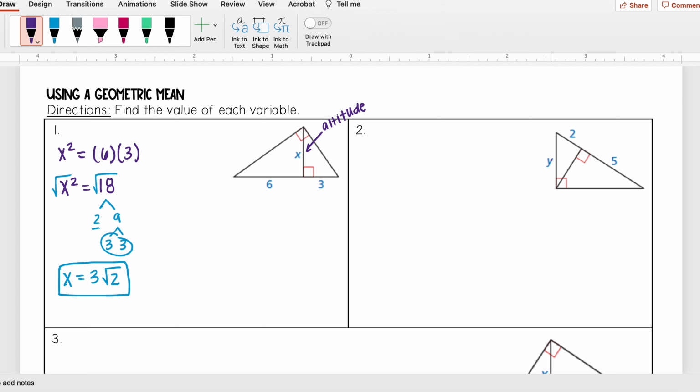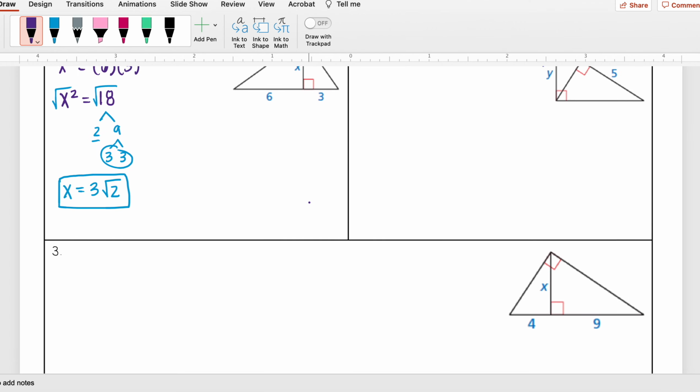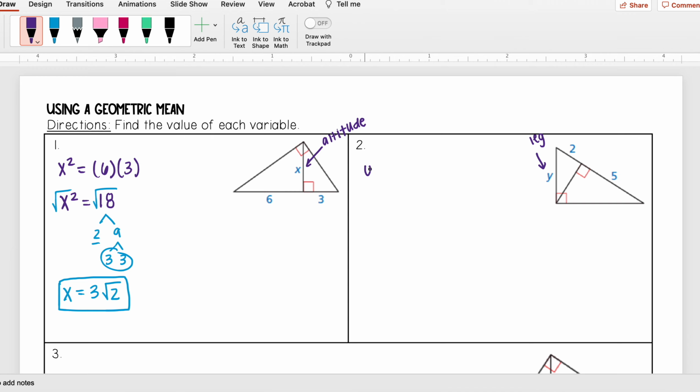Okay, looking at number 2, I first want to see whether I am looking for an altitude or a leg. I see that y here is the leg, so I'm going to be using my second theorem. And my second theorem told me that the leg is going to be the geometric mean of the lengths of the hypotenuse and the segment that is adjacent to that leg, so right next to. So this is going to be set up as y squared is equal to, first I'm going to look for that segment of the hypotenuse that is right next to my y, and that's going to be 2. So it's going to be 2